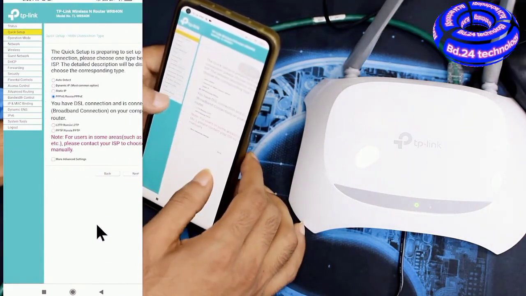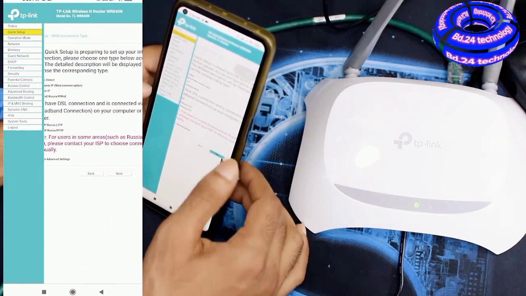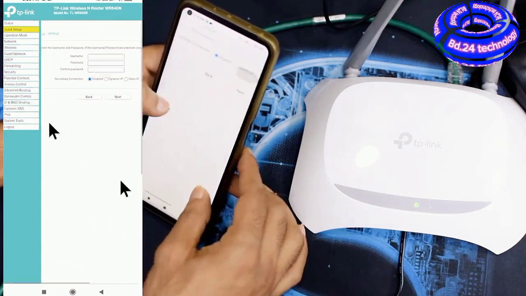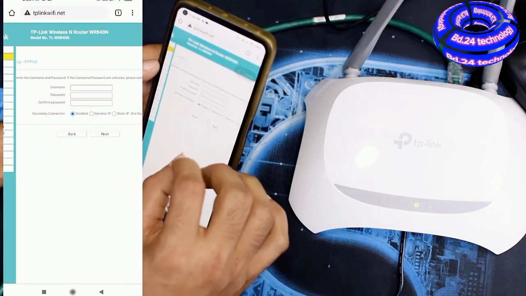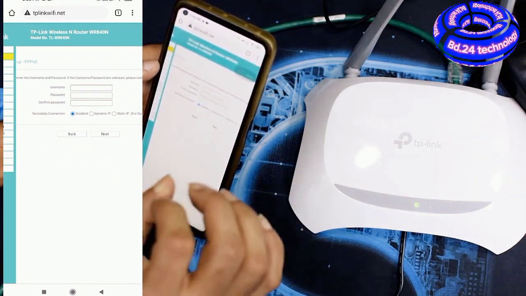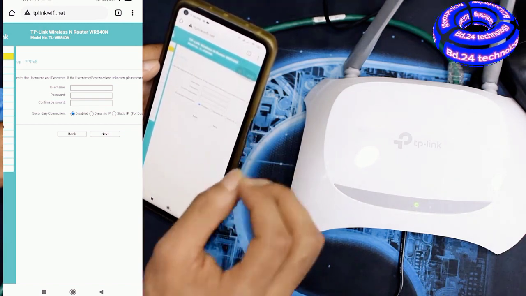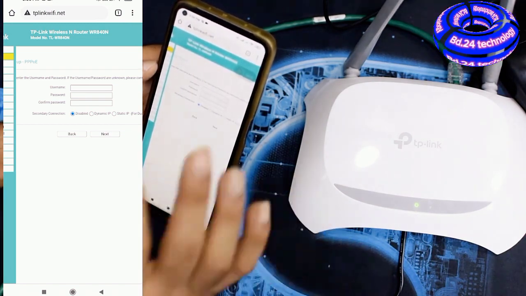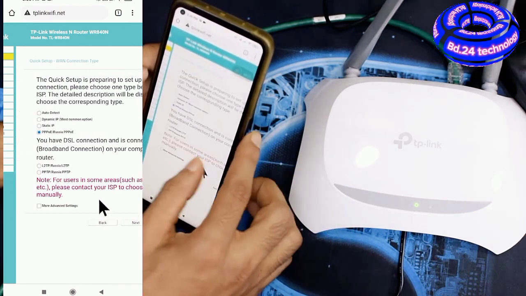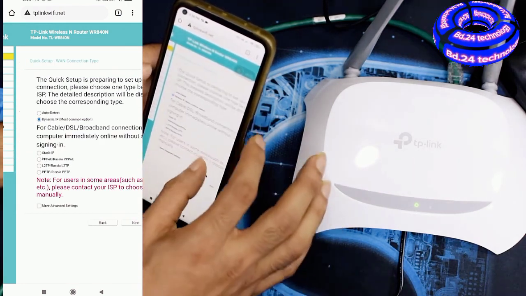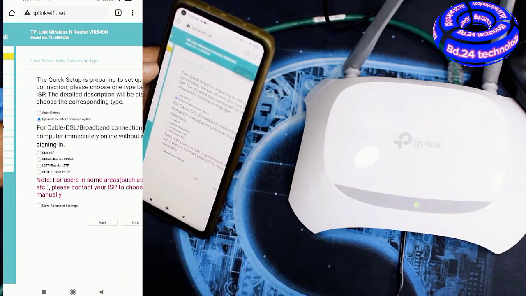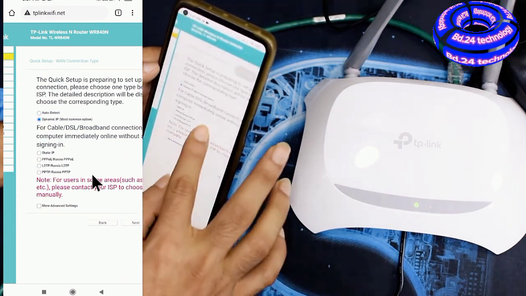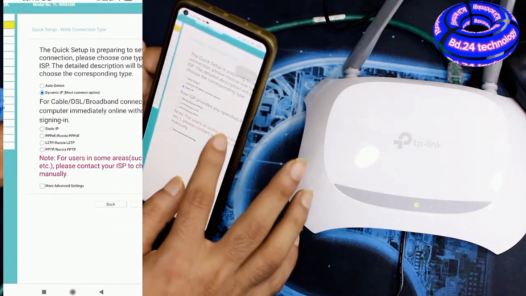and then select next. So if you select next, you will find the area to enter your username and password, and you need to enter the password again to confirm password, and then click next, and it will automatically connect. This is the way. But for now, I will use dynamic IP because I am not using an username and password. Okay. And one more thing, if the ISP gives you static IP, you need to select static IP and